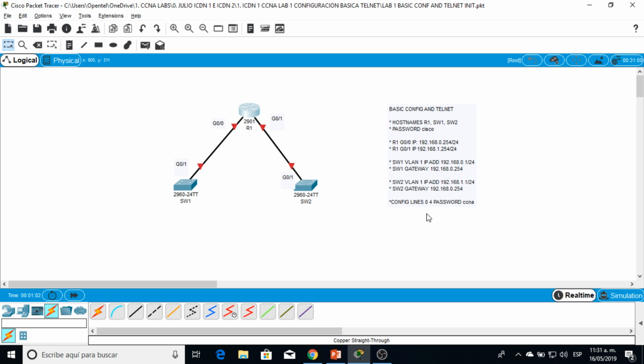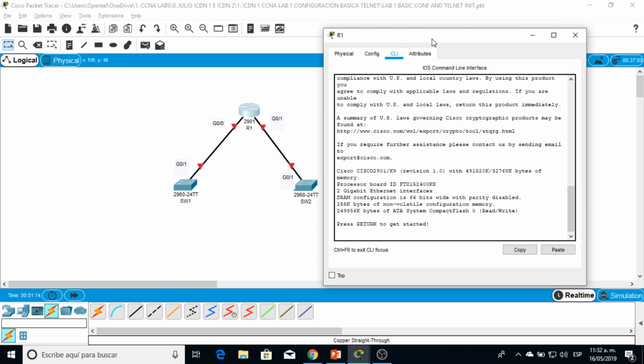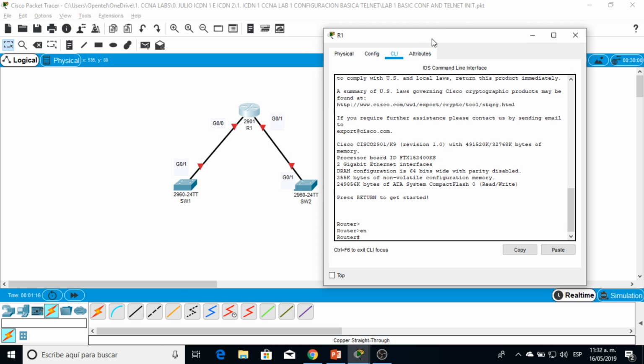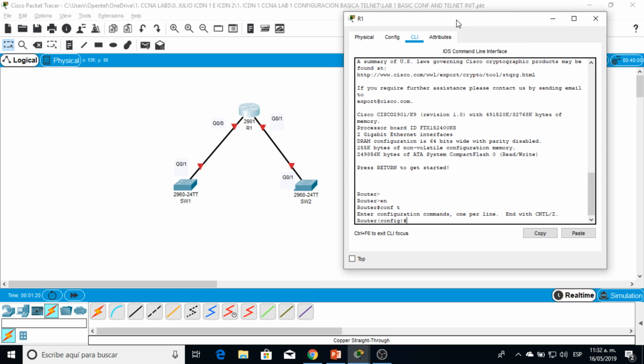We're going to configure an IP default gateway, so each switch can ping each other. And finally, we're going to configure Telnet. So let's start with router 1. Enable, conf t. First, we're going to configure the hostname